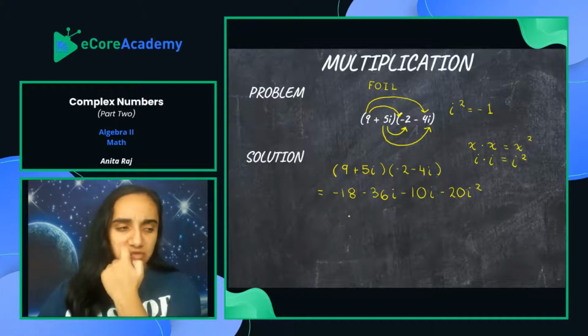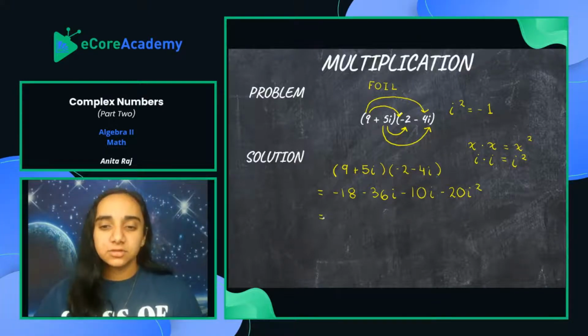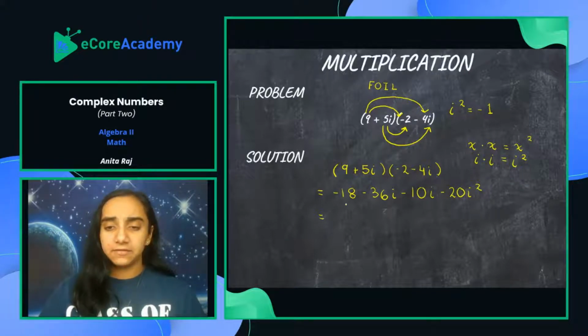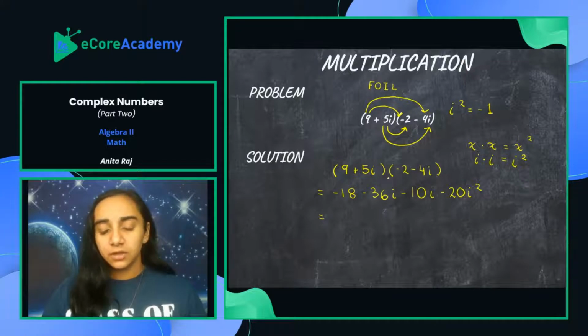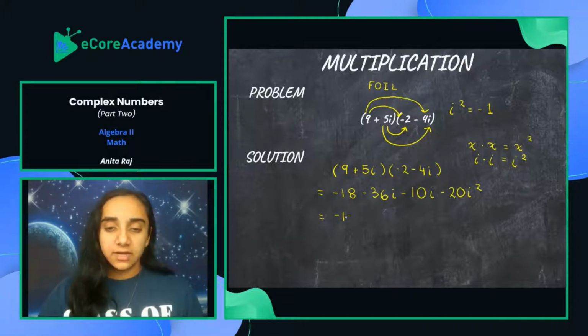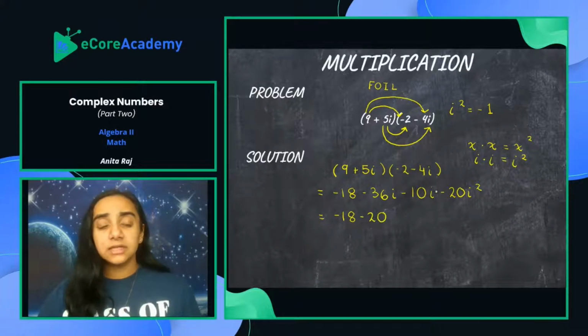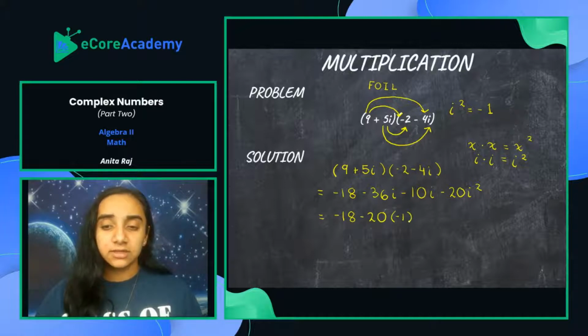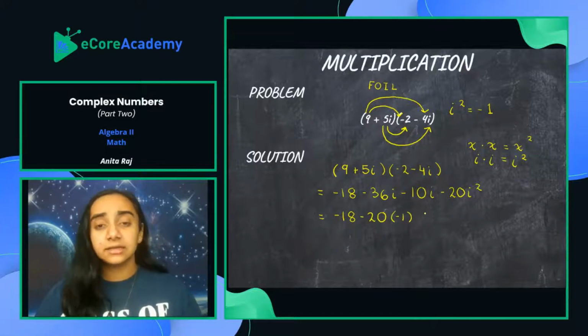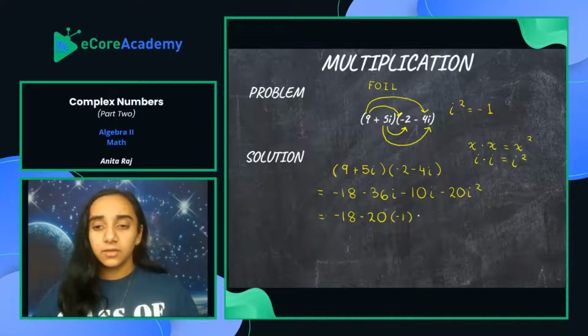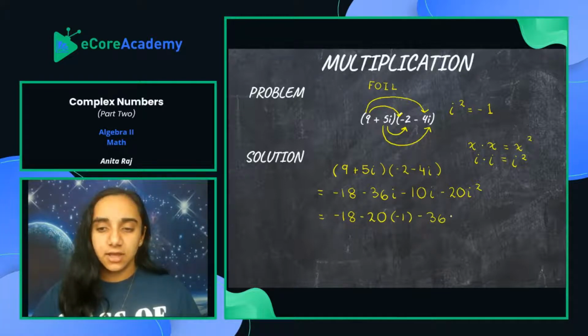So where do we go from here? I'm going to rewrite this. Remember, as of right now, negative 18 is the only real number in this whole long expression. We're going to rewrite negative 18, but we're going to take this negative 20 i squared and move it right after the negative 18. And I'm going to show you why. Remember, i squared is equal to negative 1. So I'm going to replace the i squared with a negative 1. Technically, it's not negative 20 times i squared, it's negative 20 times negative 1. Then I'm just going to add the negative 36i